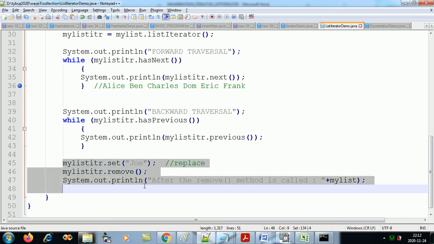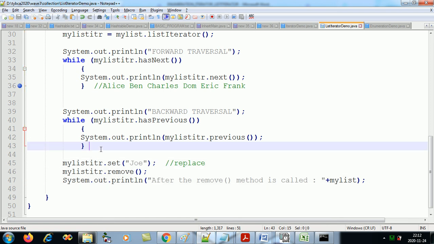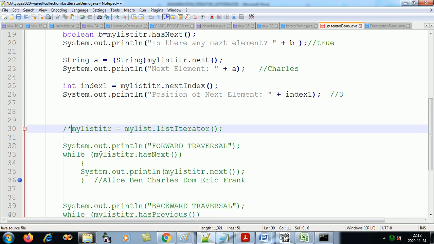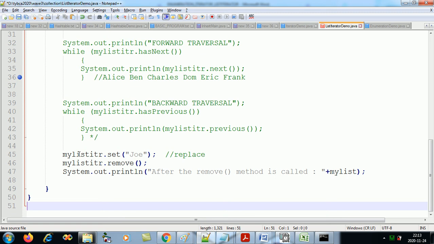Okay, let's do one more demo. Let's comment all this. Let's comment from here to here. Okay, let's comment all this. Now let's take this over here.